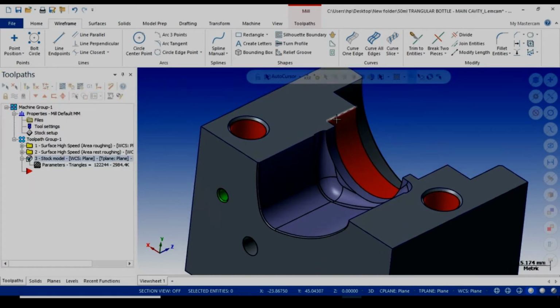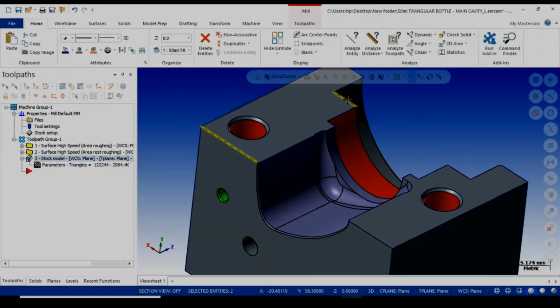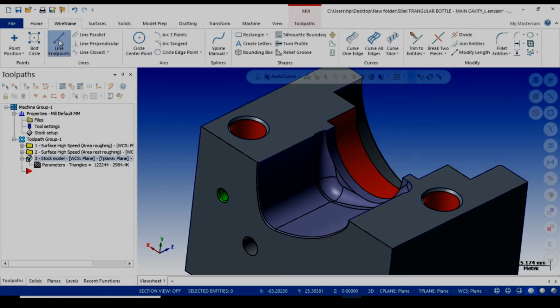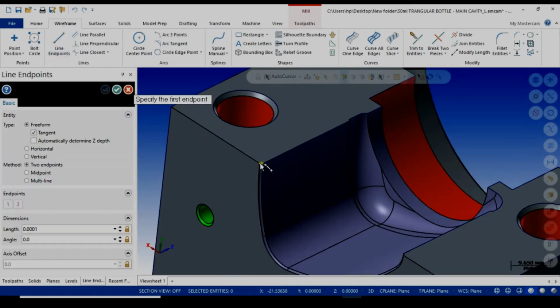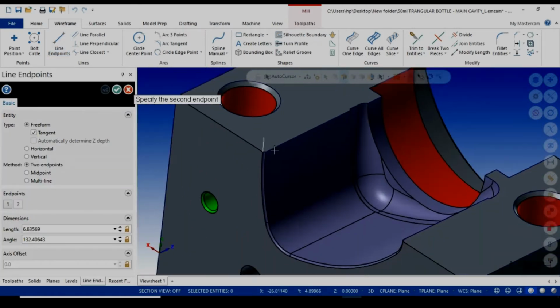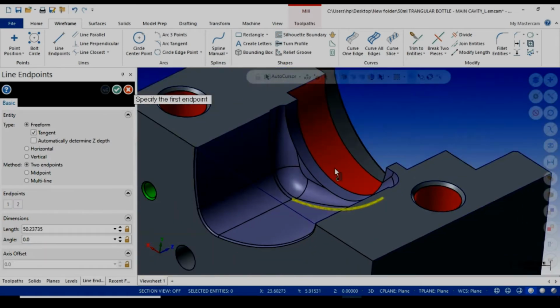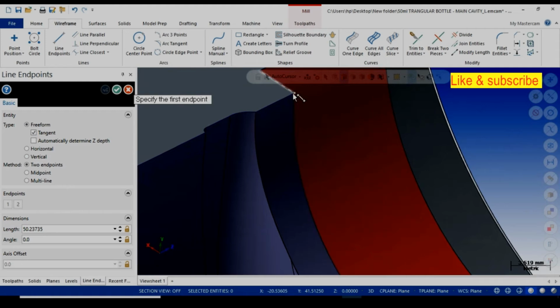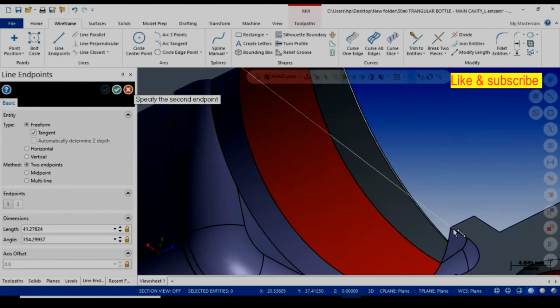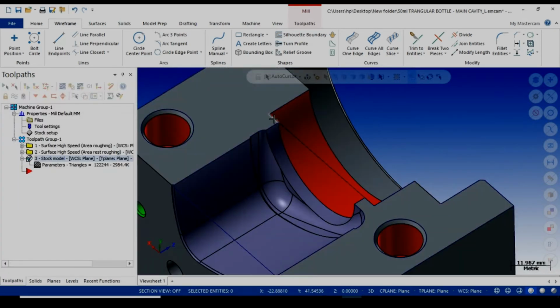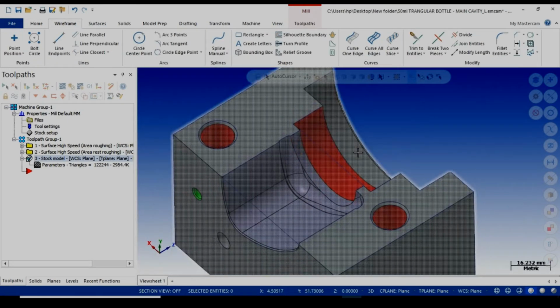It will create some curves. These are not required for me, I will just delete this. Two more curves I will add here as a boundary. The purpose is that only the area in between I have to machine.